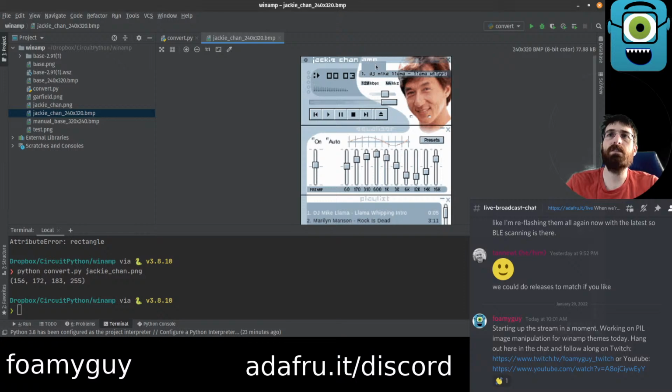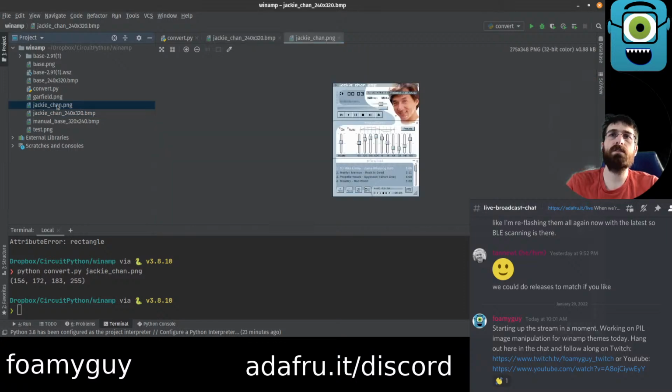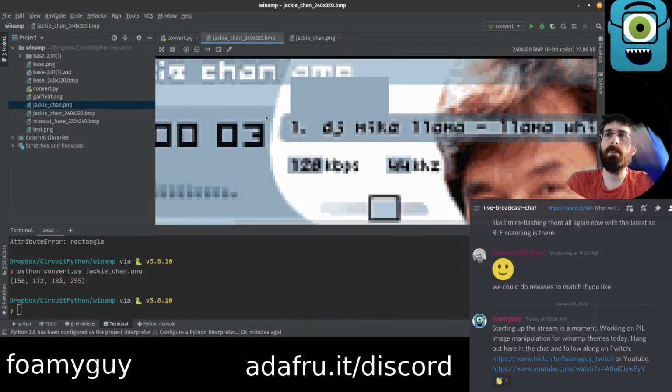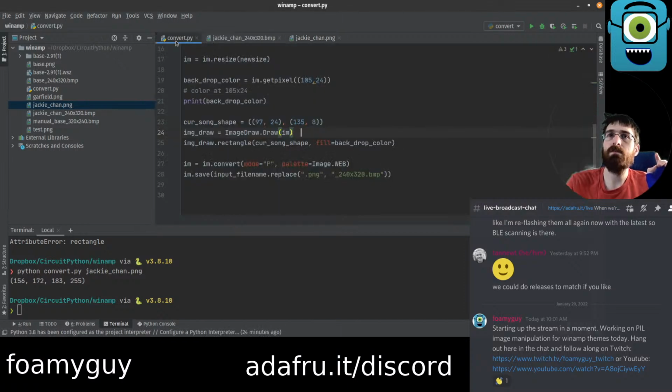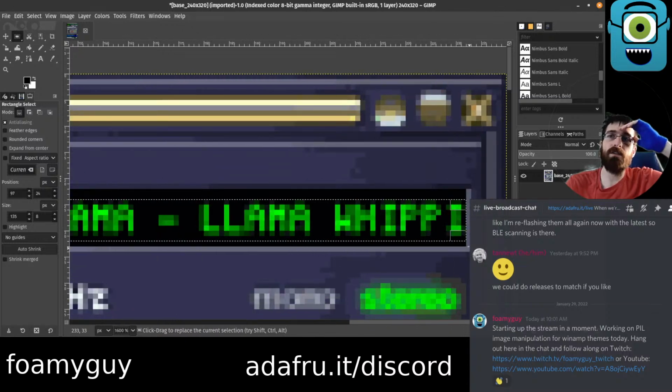Okay, so this has this, which is not what we wanted, but is probably what we just drew. We drew a rectangle and it's the right color. It is not the right size. This is probably not XY width height. Instead, it's probably XY of the top left corner and then XY of the bottom right corner. So the bottom right corner would be